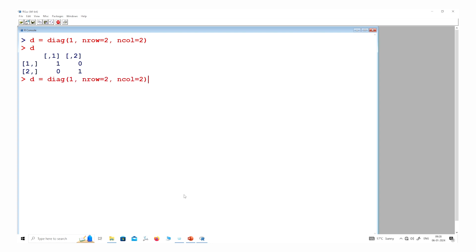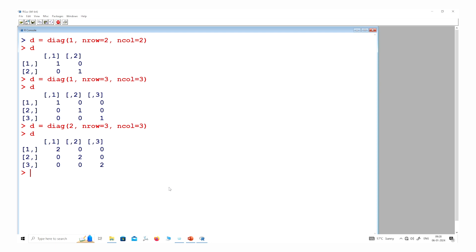And if you want to change the order of this matrix, that means if you want to take a 3 by 3 identity matrix, now you can see here there are 3 elements, and if you try to change the value on the diagonal, suppose if I want to make it here 2, so you can see here now this is a diagonal matrix in which all the diagonal elements are 2. And on the other hand, I can also show you that if you want to make a diagonal matrix of different numbers, so I can write here c(1, 2, 3), and you will see here this will come out like this, that the first diagonal has value 1, second diagonal 2, and third diagonal 3, right.